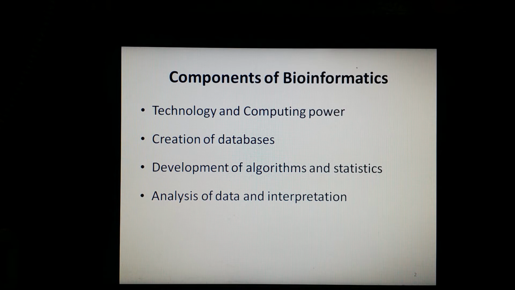Specifically, it is the ability of a computer to perform work, and it is often considered in terms of the number of instructions that can be carried out in a given time, or with reference to the amount of random access memory present. So this is basically technology and computing power: you use technology in bioinformatics, and the computer can compute all the data and all the instructions given to it. So this was the first component.